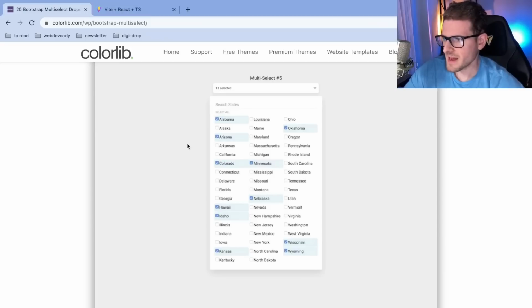So we're back at it with another React challenge. This one, we're going to try to build a multi-select drop-down component where basically, let's just display all of the states, and the user can select which states they want. And as they select these states, it'll basically tell you how many you have selected. And maybe we can use that information and store it in state somewhere so we can display it somewhere